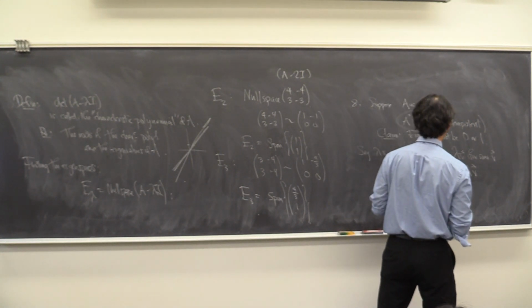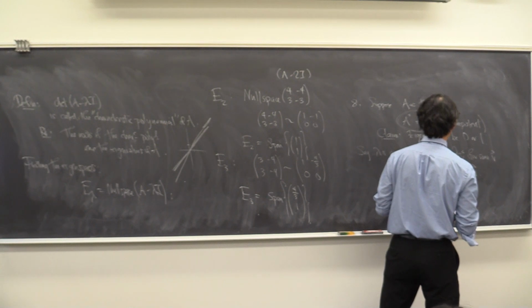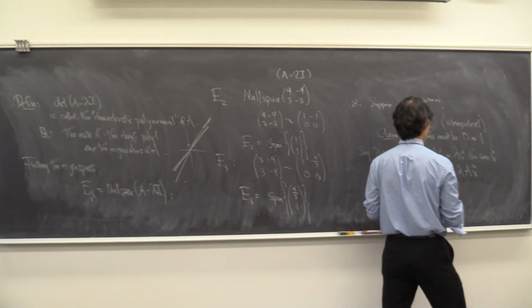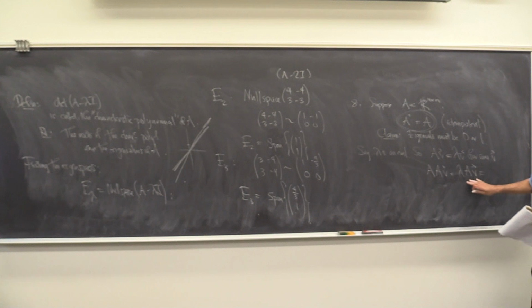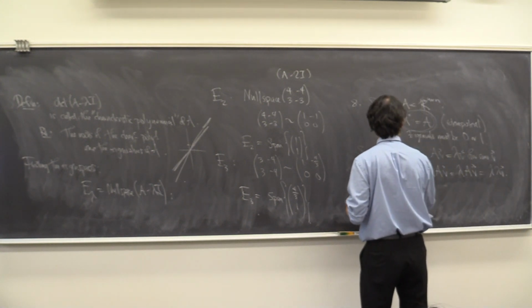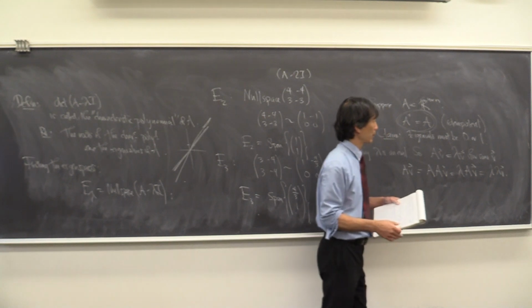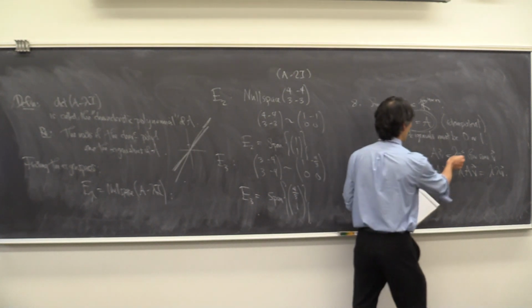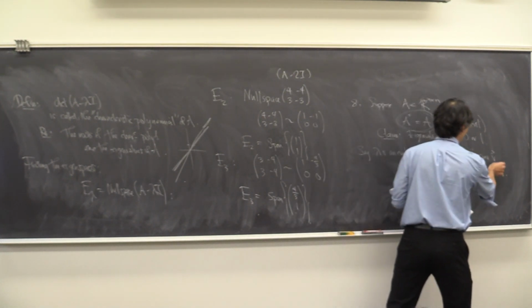Does that help us? Yeah, it helps us, right? Because, what do we get over here? We get lambda AV, right? Well, AV is going to be lambda V, right? What about AAV? That's just AV, right? So AV equals lambda V, but also AV equals lambda squared V,